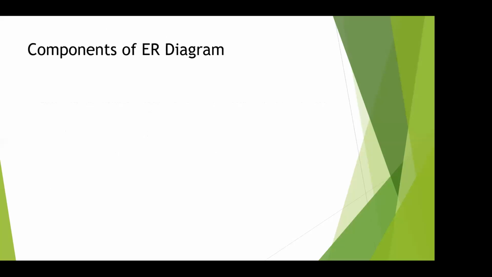Now, this is also very, very important. What are the components of an ER diagram? The main components of an ER diagram are entities, attributes, and relationships. In entities, we have some other types of entities; in attributes, we have different types of attributes; and relationships also have different types.